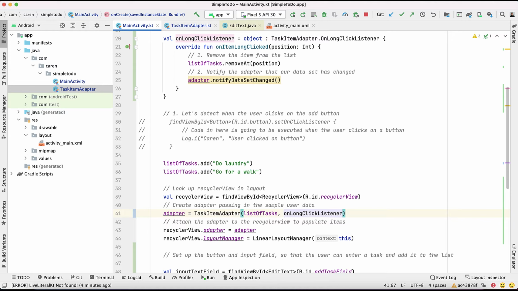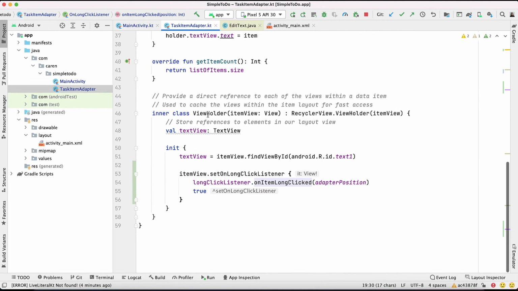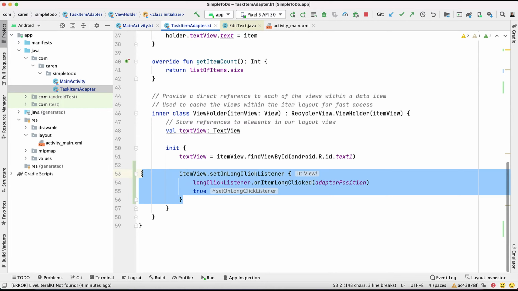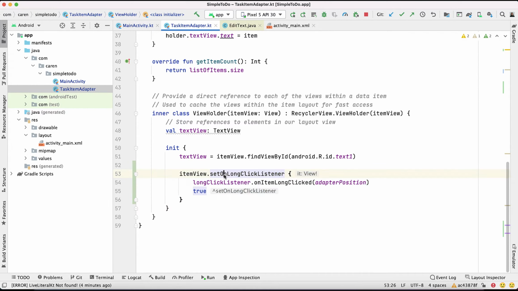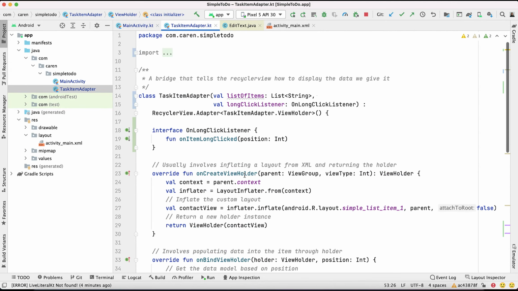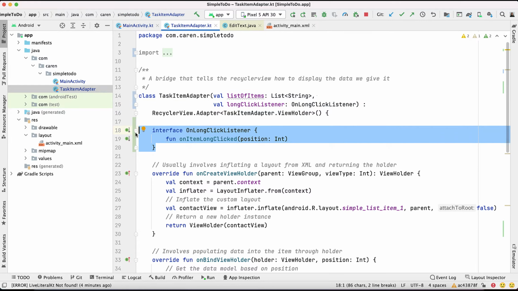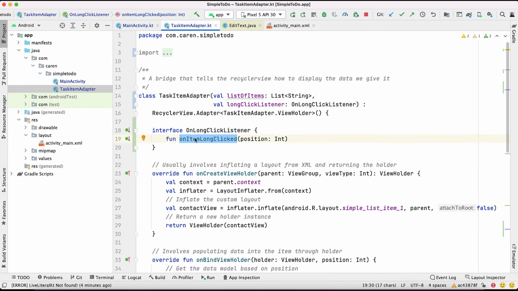All right, so if we review everything we did, the first thing we did was we set an on click listener for every single item inside the recycler view. And in order to do something interesting for when an item is long clicked, we had to allow the adapter to actually take in a long click listener in its constructor. And in order to do that, we had to create a new interface for a long click listener with the specific method that we want implementers to implement,